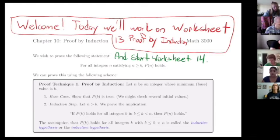So hopefully you guys got a chance to look over some of the comments I put on the exams. I'll say that overall, I thought things looked pretty good. Your proofwriting is coming along, so please let me know. I tried to leave comments so that they were constructive enough that you had a sense of maybe where you might have gotten something wrong, but not too specific so that I'm telling you how to fix it. So I do think it's worth it to try and make some corrections, and let me know if you need